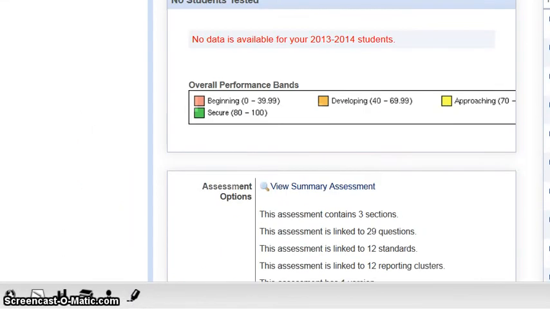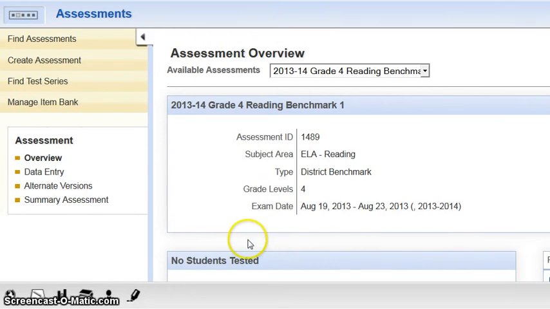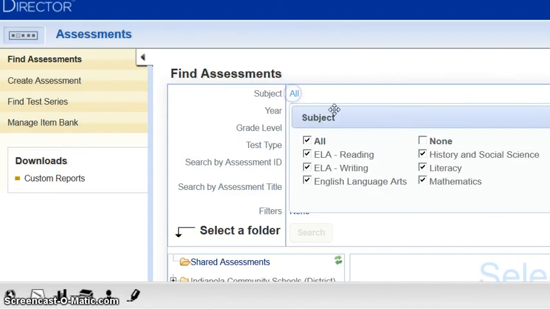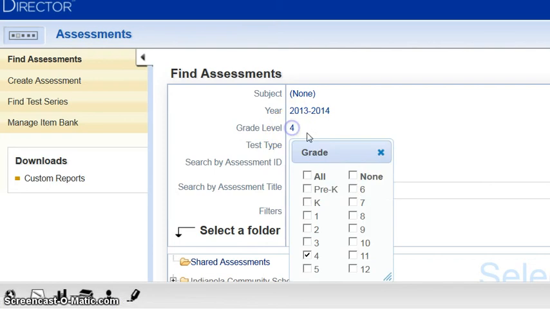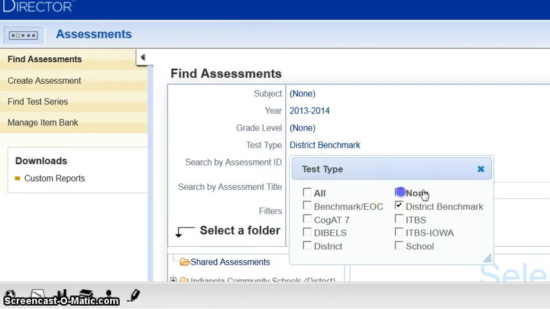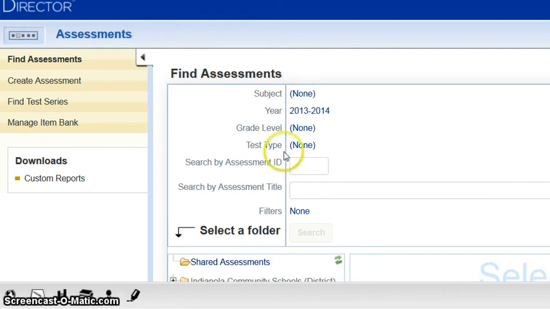If you happen to know your ID number for the assessment, I said there was another way of finding your assessment besides filtering through all of those fields. So let's go back to the Assessments tab, and I'm going to clear all of this out so that all we have is 2013-2014. And when I do that, now we have nothing in those fields that is filtering our responses when we search